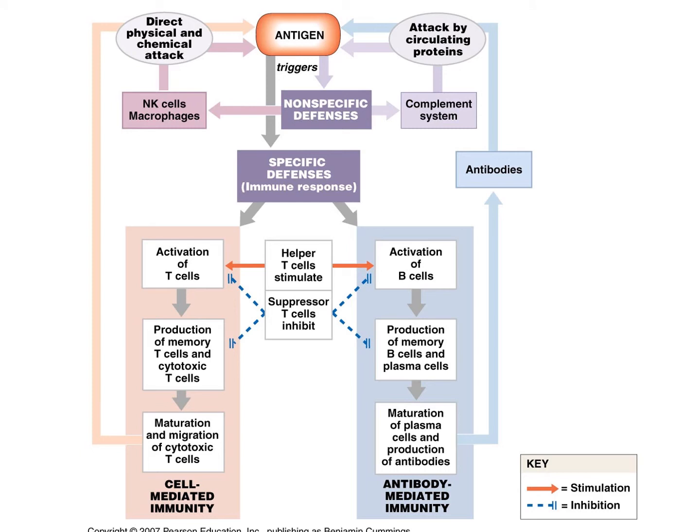So this picture just shows how central the helper T cells are to immune system function. Helper T cells are right in the middle here. You need them to activate the cytotoxic T lymphocytes for cell-mediated immunity. And you also need them to activate the B lymphocytes for humoral immunity. And then the cytokines that are secreted by the helper T cells also help the non-specific defenses work better as well. If you take out the helper T cells and kill them off,